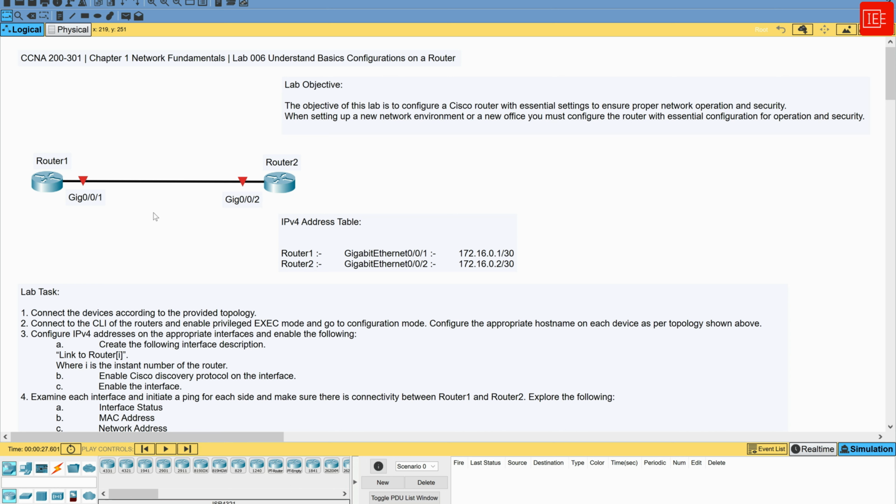So the objective of this lab is to configure a Cisco router with essential settings to ensure proper network operations and security. We will go through various configurations where we are going to show the best practice and what